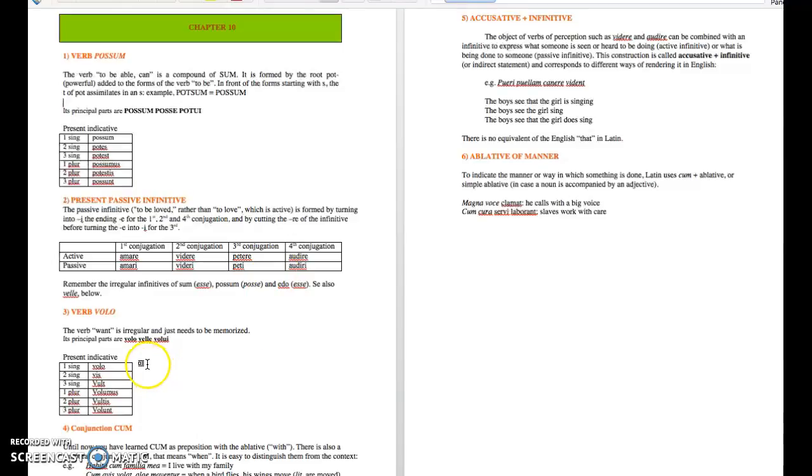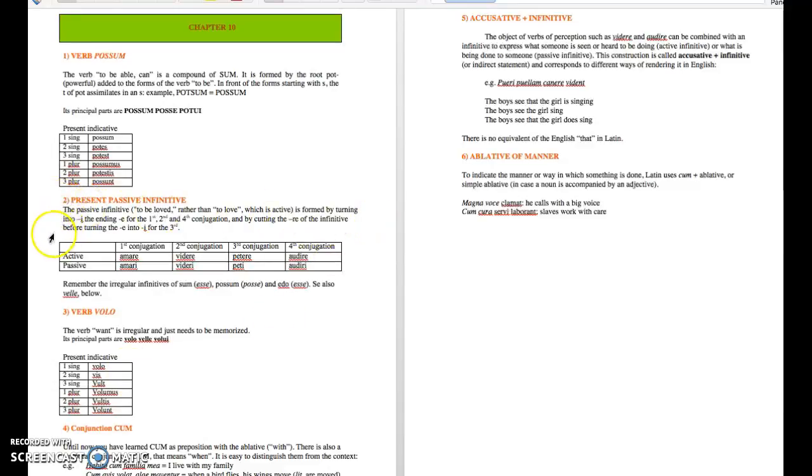The other irregular verb you need to study is the verb volo, to want, whose principal parts are volo, the infinitive velle, and the past tense volui. But for the moment, you're just studying the present indicative, so I want, you want, she wants. And so you just study volo, vis, vult, volumus, vultis, volunt. Okay, just repeat it until you know it by memory. Volo, vis, vult, volumus, vultis, volunt.